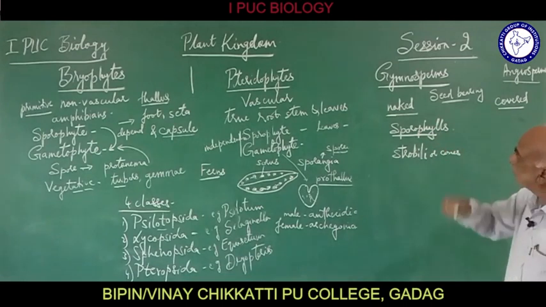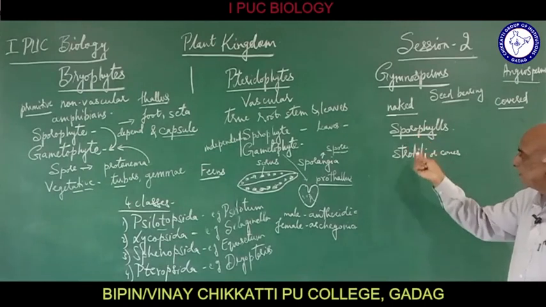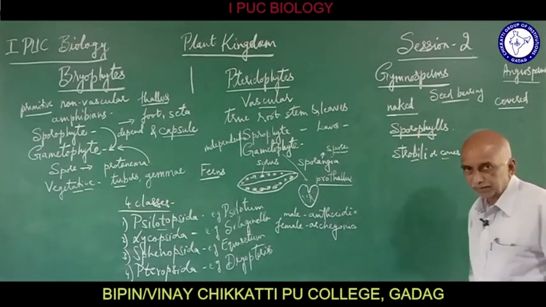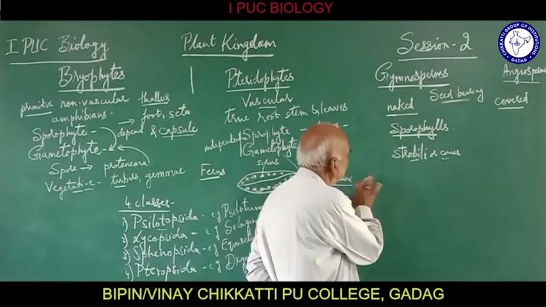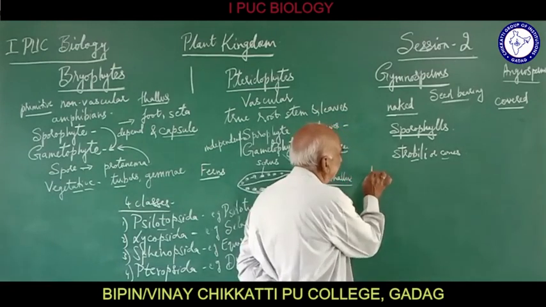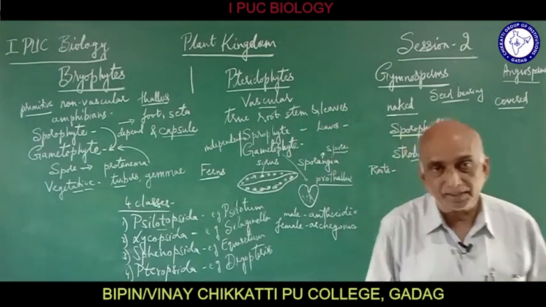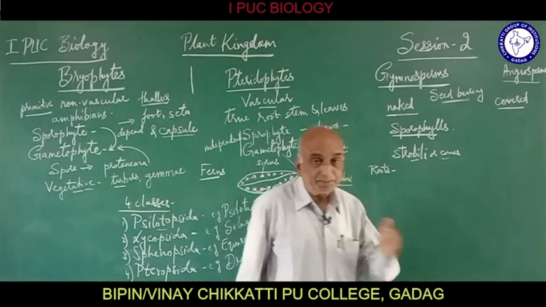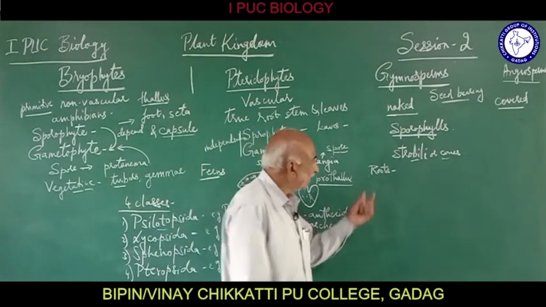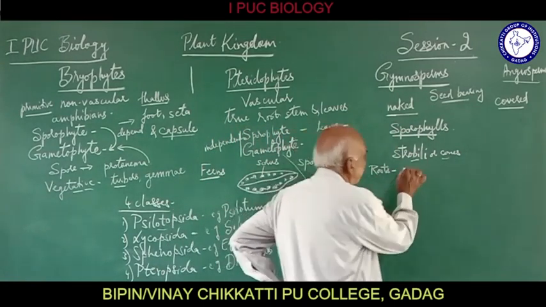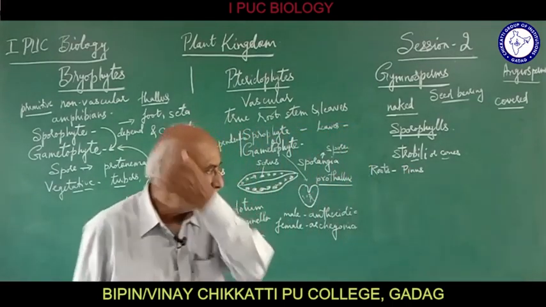Now, coming to the gymnosperms. The seeds are naked. The sporophylls form strobili or cones. And if we come to the roots, in some plants the roots have a symbiotic association with some organisms. Symbiotic association means a kind of mutual help between the organisms. So in some plants, for example in Pinus, which is an example of a gymnosperm,